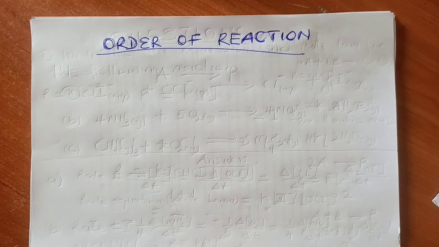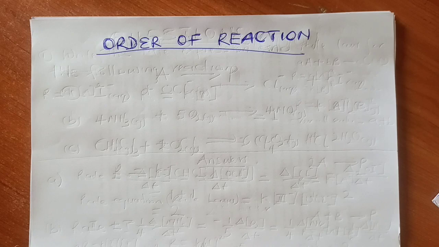Let me quickly explain what it is all about. I want to assure you that at the end of this video, you will be glad you did watch it. What is order of reaction? Order of reaction is the power to which the concentration is raised for a particular species in the rate law. When you write your rate law or your rate equation for a particular reaction, you can determine your order